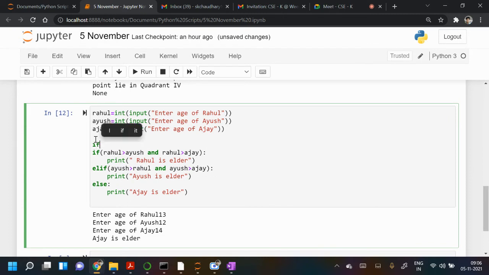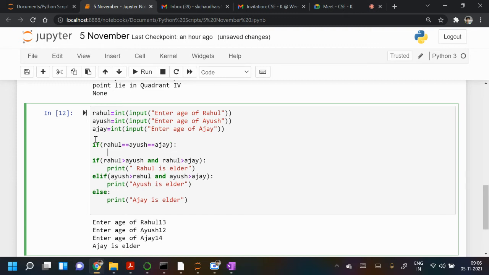Okay, so you may write if Rahul is equal to Ayush, like this. Then you can print that all three are of equal age.